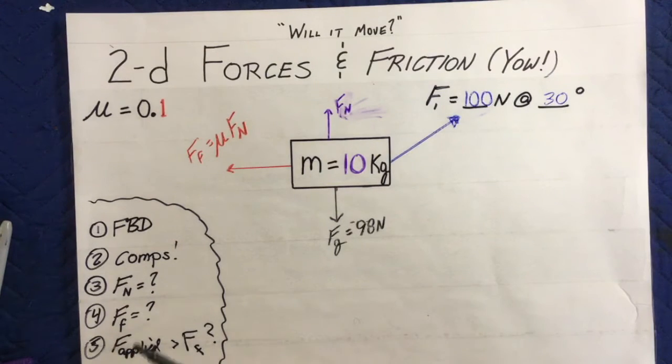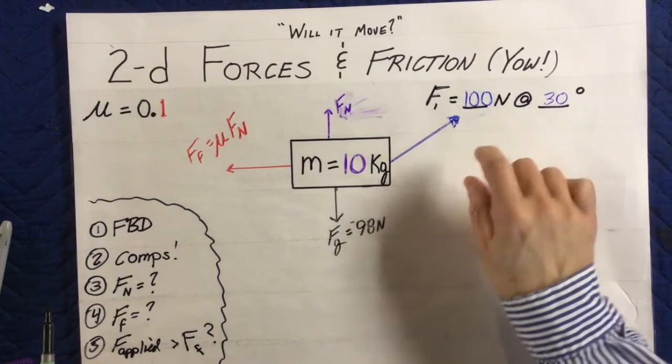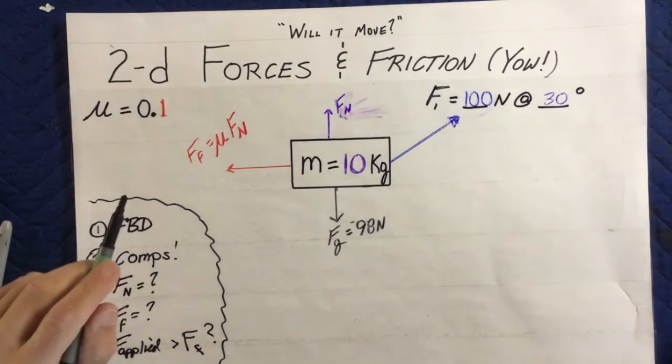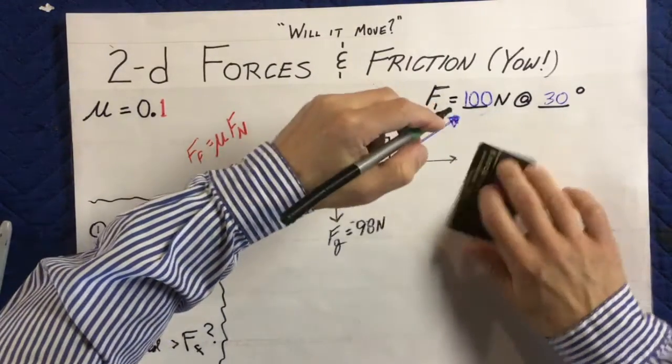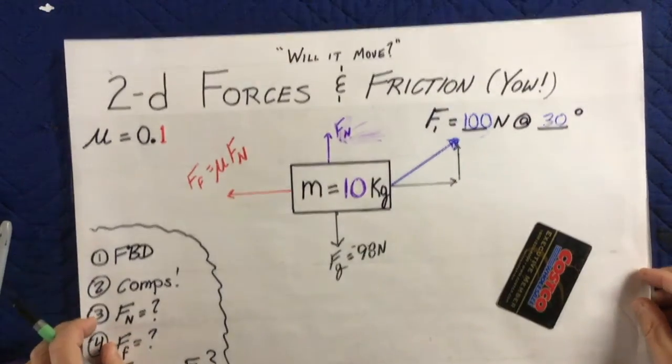Next thing you want to do is look at the fact that this 100 Newton force is not only in the x direction or the y, it's a combination. So the only way you can add vectors mathematically, which is how we do this with Newton's laws, is you have to figure out how much of this vector is in the x direction, which is the Fx component, and how much of this is acting in the y direction or vertical, and that's my Fy component. So I'm going to break that down into its components, and if this drawing is big enough here, I can put my two little arrows right here, and if we go through the trig on this,